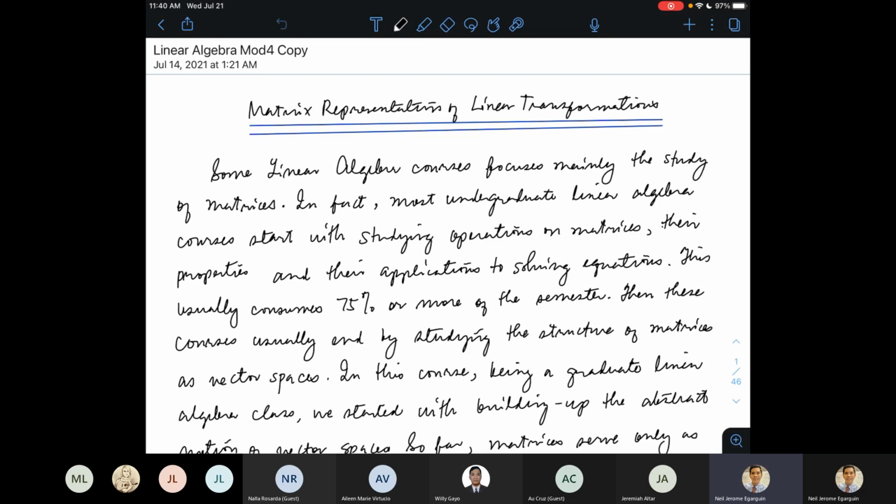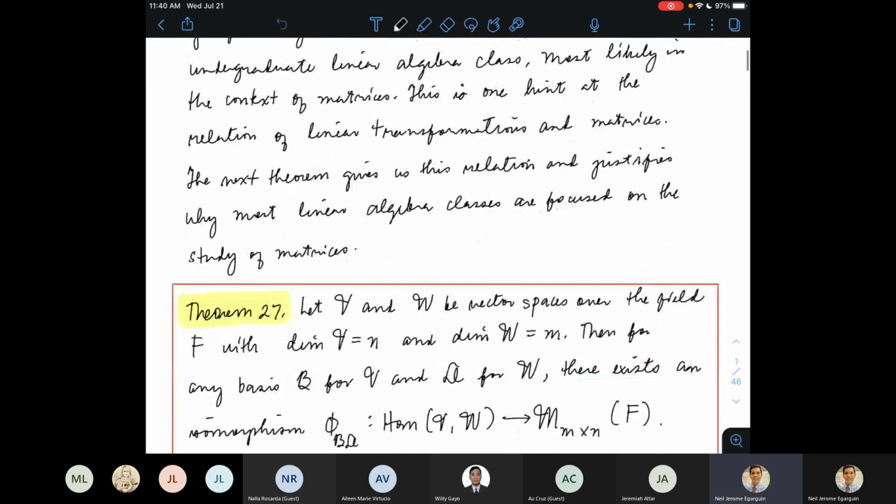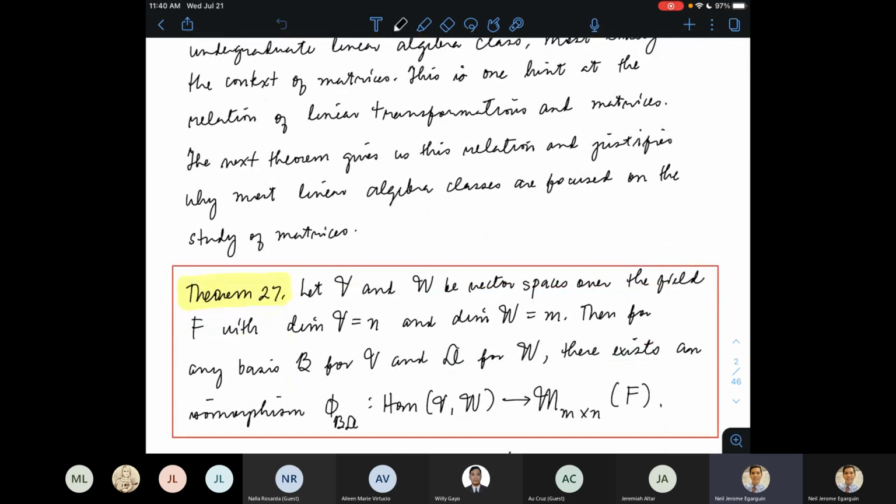All right. Okay. So let's continue and move on with matrix representations. So last time we talked about linear transformations, their properties, their structure. We said that the set of linear transformations, we call it Hom(V,W), is a vector space on its own. We define